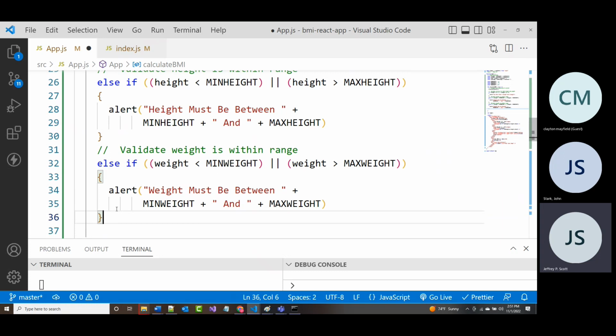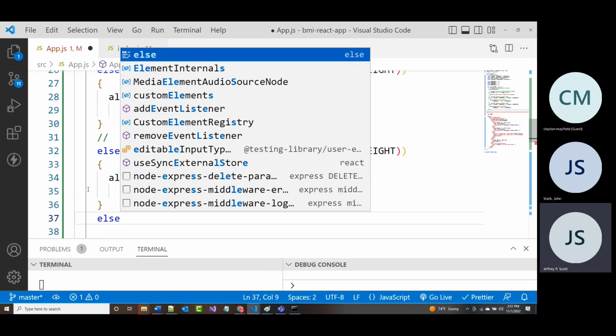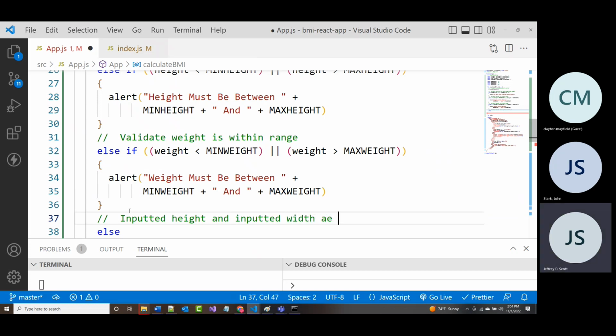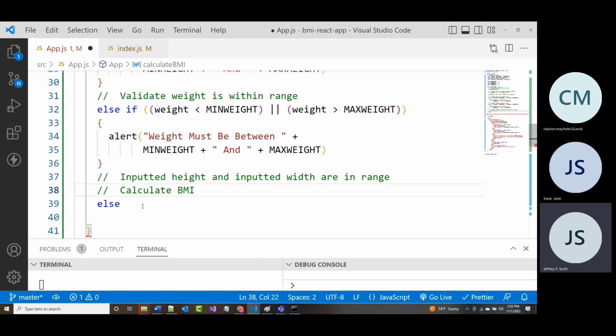So if I get down to that else, if I do get down to there, the inputted height and the inputted weight are in range, whatever you want to say, calculate BMI. All right, so if I get down to this point,